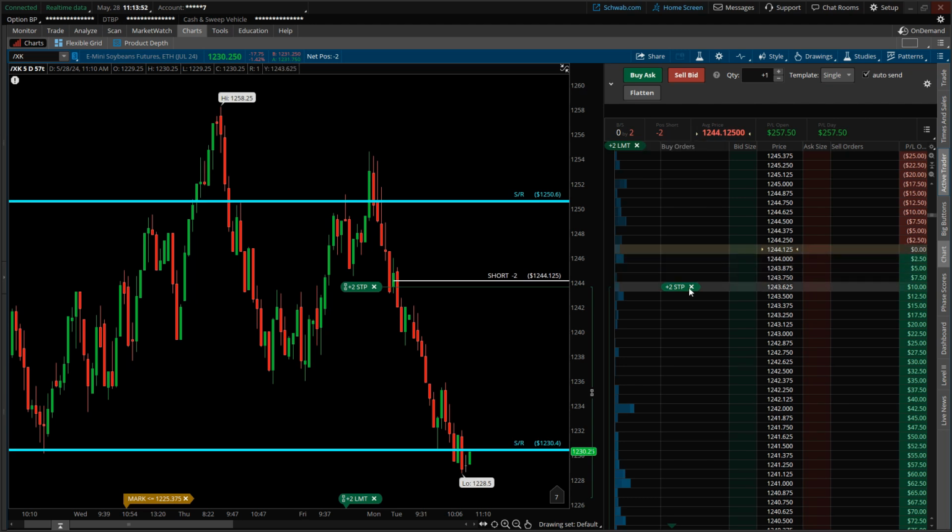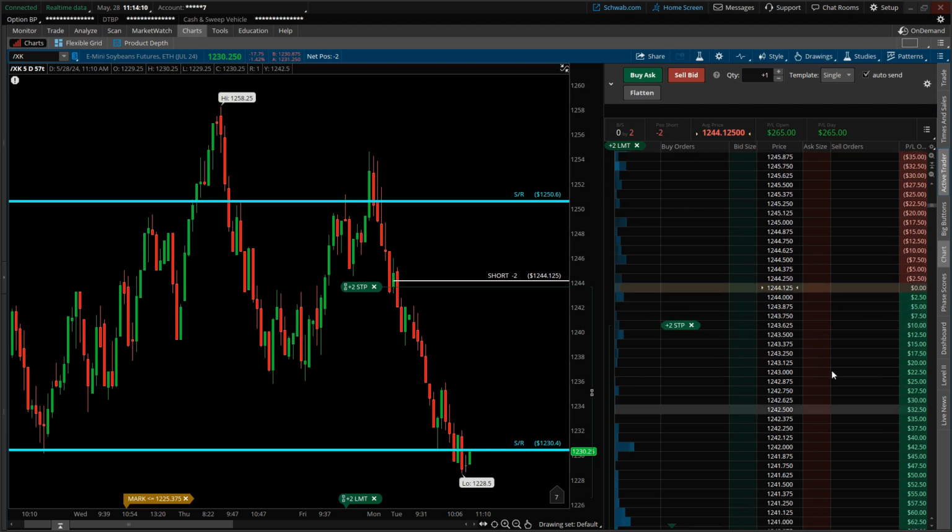Right now, my stop order is sitting slightly ahead of it, thereby guaranteeing that this is a risk-free trade. If there's a violent spike out to the upside and I get closed out, at least I'm guaranteeing zero loss